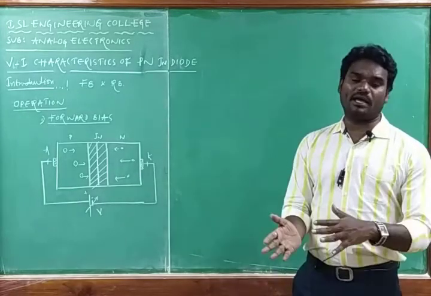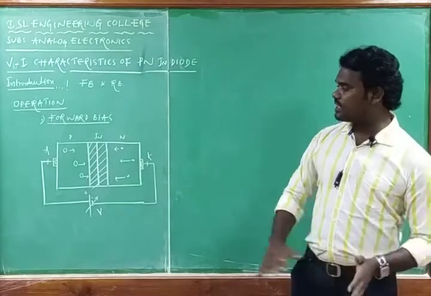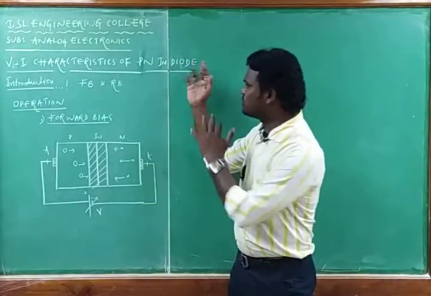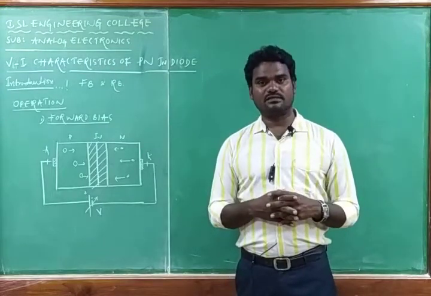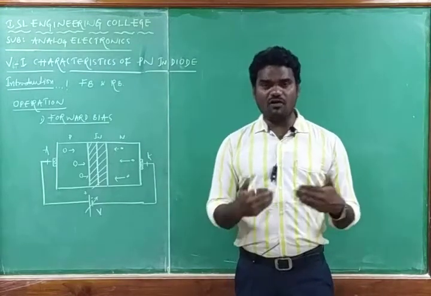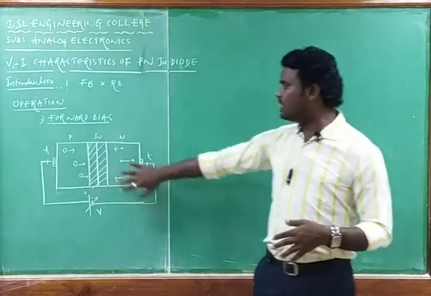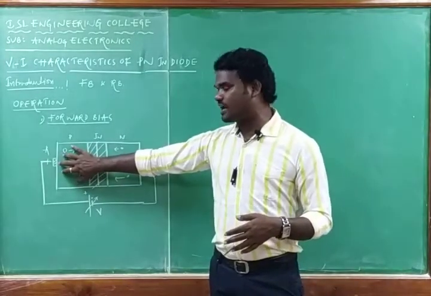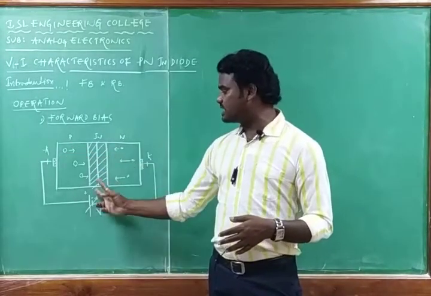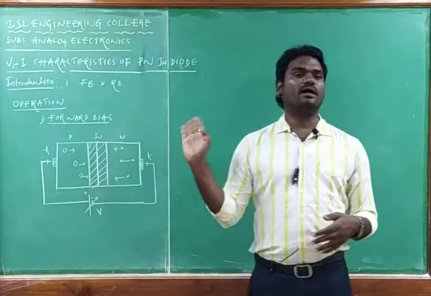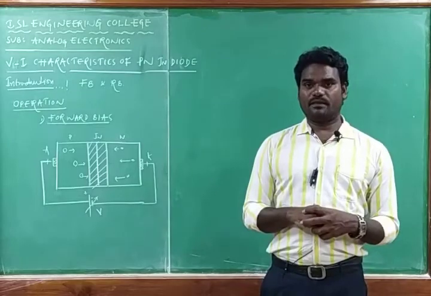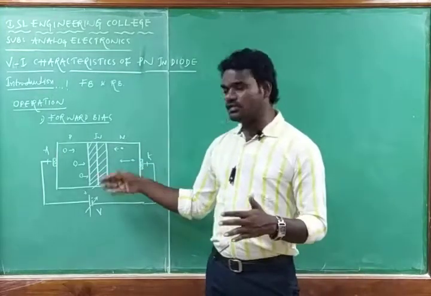After studying the forward bias operation and reverse bias operation, we are going to conclude all the things into a graph that is called voltage and current characteristics. So reverse bias means what? Now we are going to study the reverse bias. We have the PN junction. Across the junction there is a depletion layer, which is stopping the further flow of electrons from N side to P side. Now we are connecting this into the reverse bias.